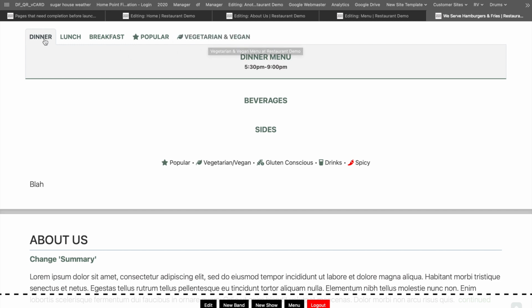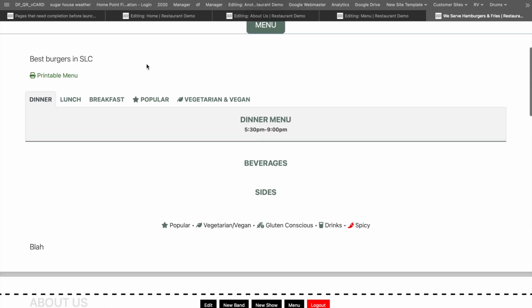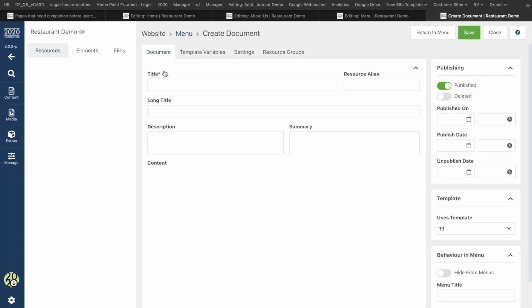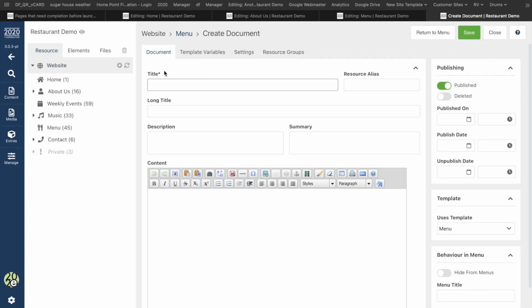So we'll have this set up to work out for your restaurant. But let's assume that you're doing dinner, lunch, breakfast. Let's add a menu here. So you'll see when you're logged in, you have these quick links down below. We'll go to the menu, and we're going to do a new menu item. Since we did speak about having burgers, let's put that in there.